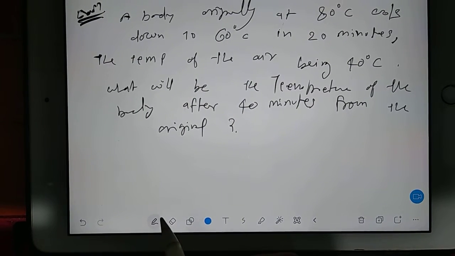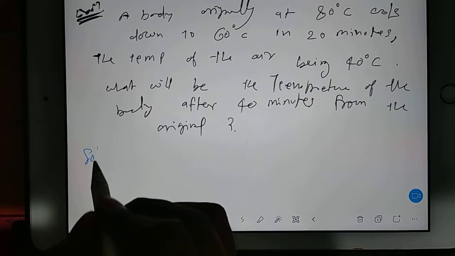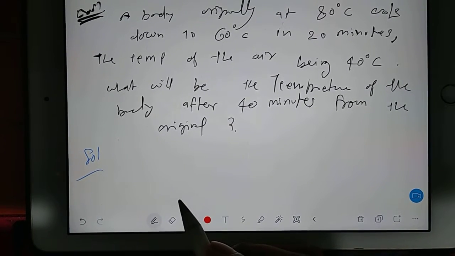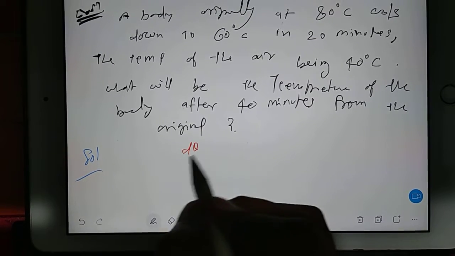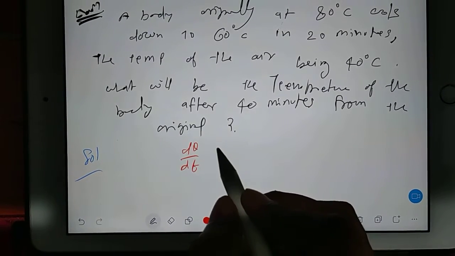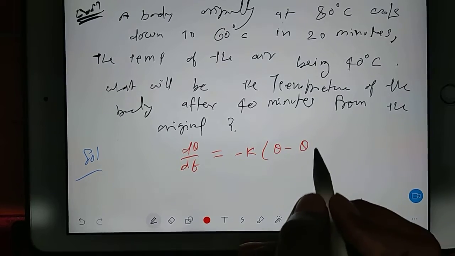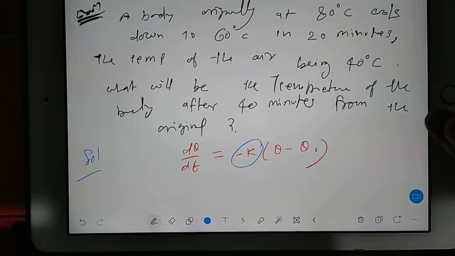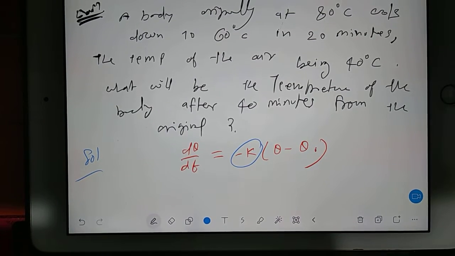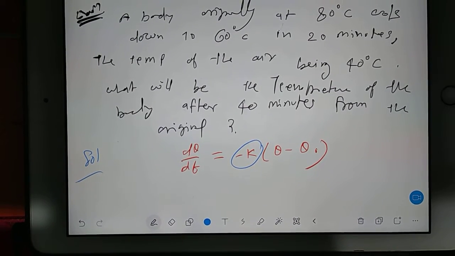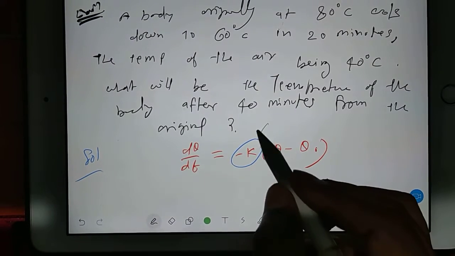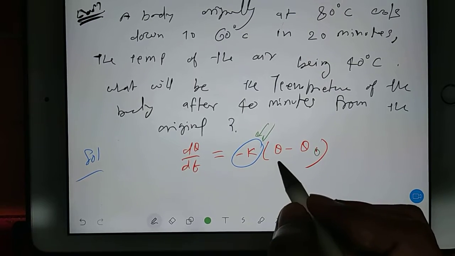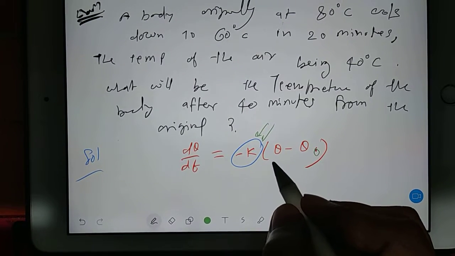See here, in this equation of Newton's law, because the body is losing temperature, the body is being cooled down. The equation given, d theta by dt, we call Newton's law of cooling. In this you had minus k times theta minus theta naught. This k will change in every question. K is a kind of constant. It depends on what kind of body is there and what kind of medium we are considering. K is not any universal constant, it will keep on changing with the question. So we know theta is the body temperature, theta naught is the surrounding temperature.